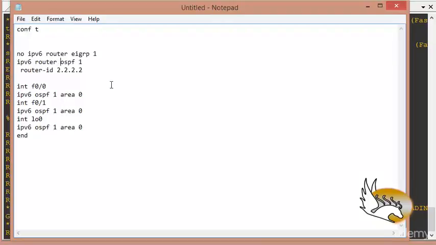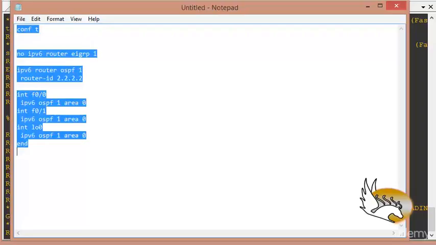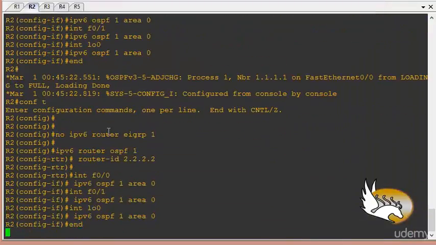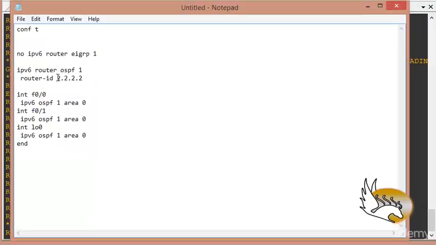IPv6 router OSPF 1. So you can see that I am removing EIGRP, then I am enabling OSPF 1, then I assign a router ID, then I go to interfaces and I type IPv6 OSPF 1 area 0, OSPF process number and area number. So I copy all of this, and again I do this on router 2. For router 3 I need to change the router ID to 3.3.3.3,